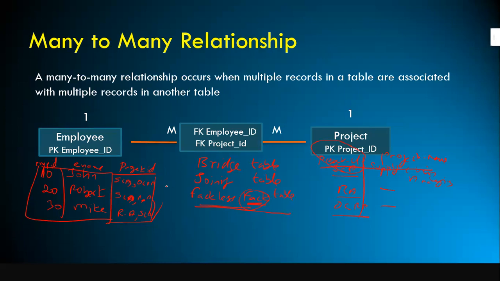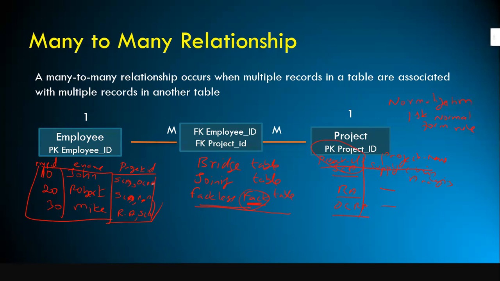It is not the same. And also, as per the normalization rule in RDBMS, the first normal form rule says each column should have an atomic value.